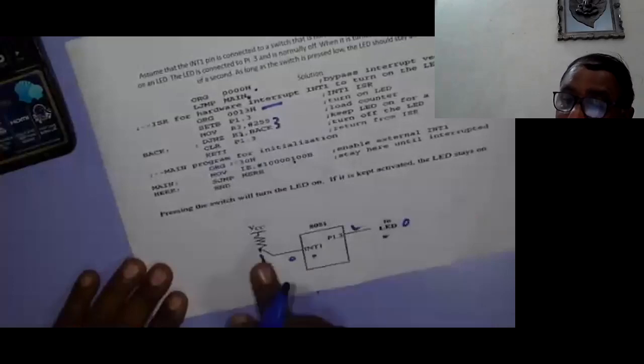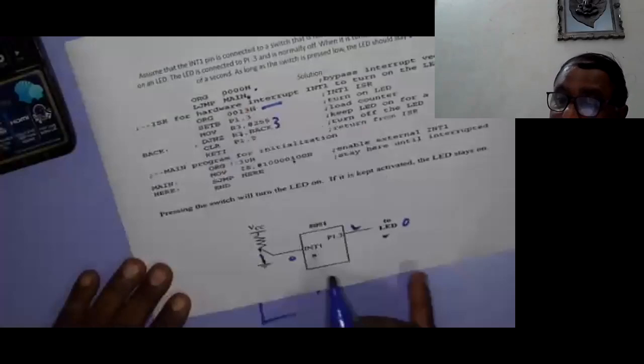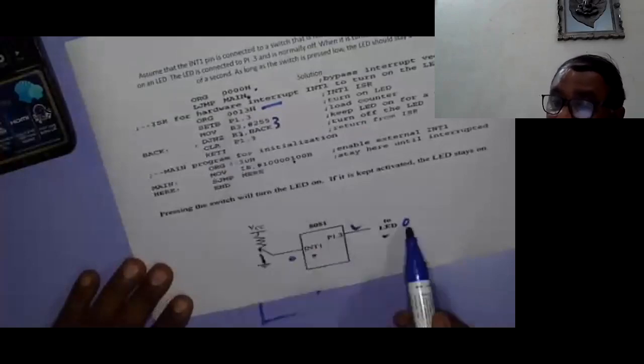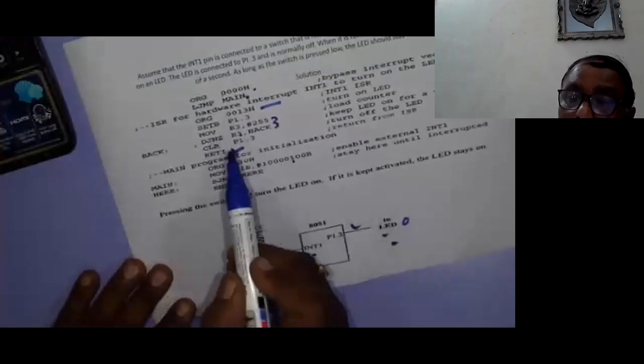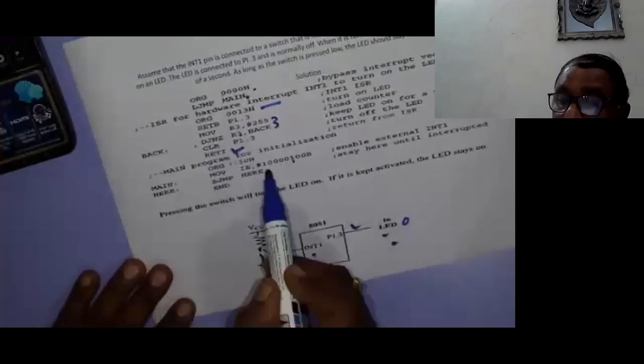So as soon as the interrupt occurs, the microcontroller goes to 0013. This is the vector location for interrupt number 1. Now when it goes to 0013, it will make the LED on first for some time delay, and then it will make the LED off for some time. And here RETI, that is return from interrupt. And when it returns from interrupt, it goes again here, SJMP here. This is about the interrupts in the 8051 microcontroller.